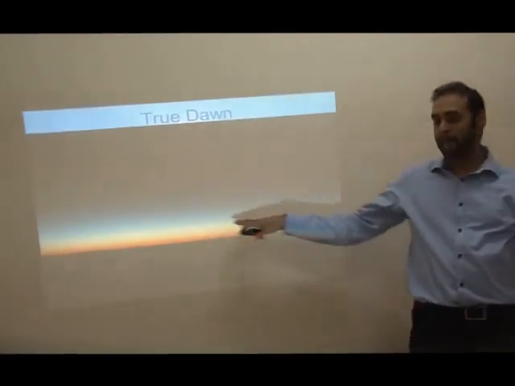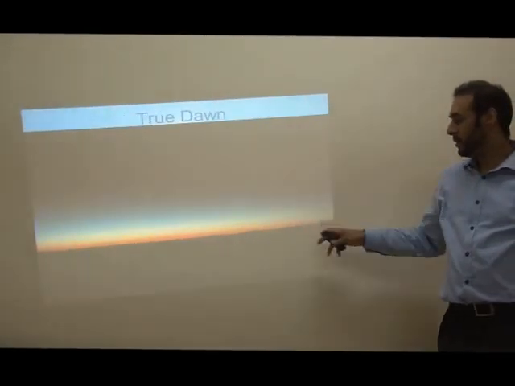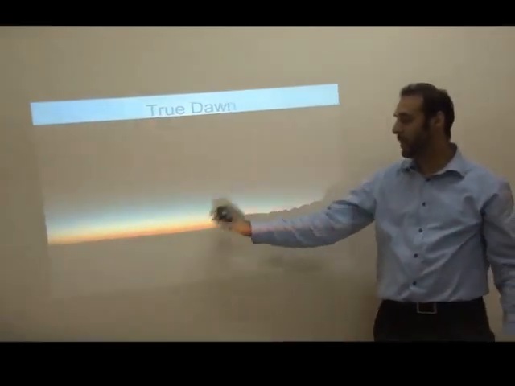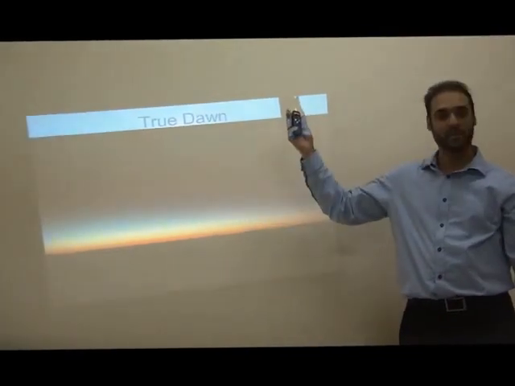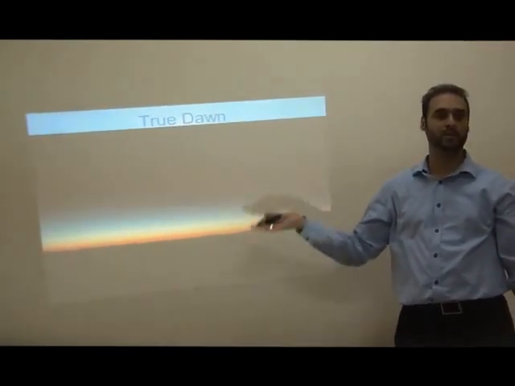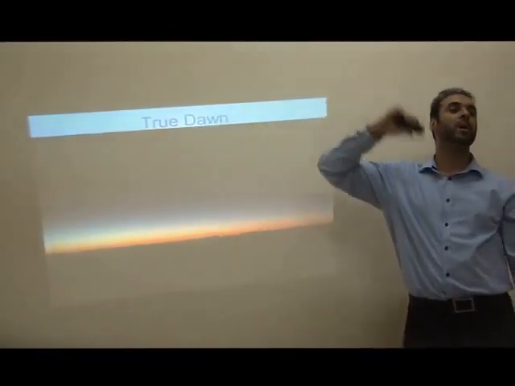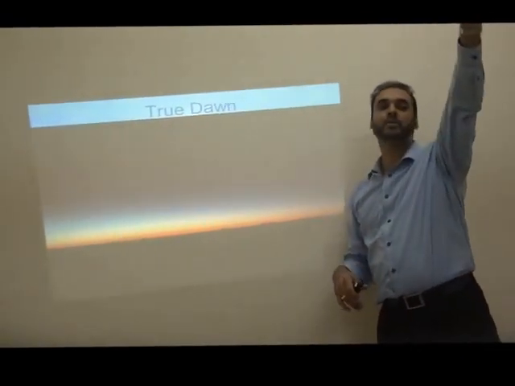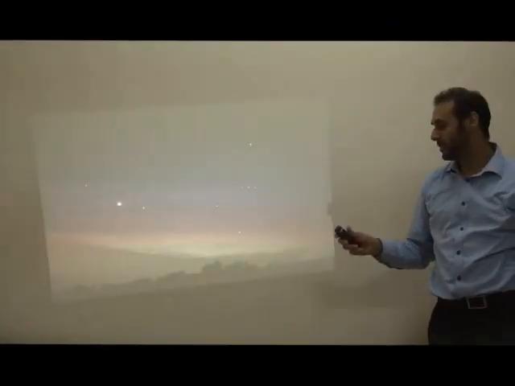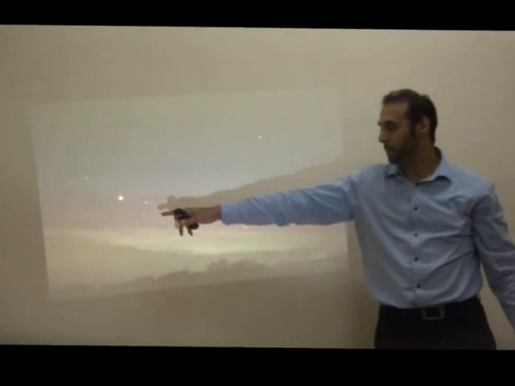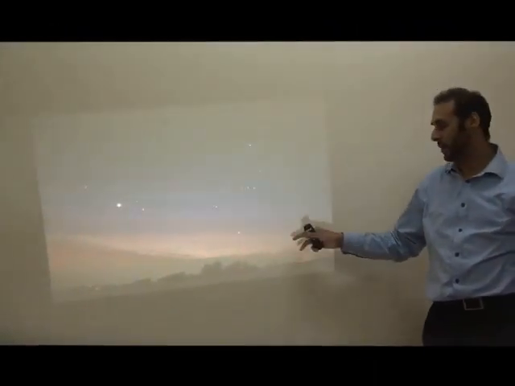Now this is dawn. This is what dawn looks like. If you're observing the time for Fajr, you'd see the white light that would appear and then spread across the sky. And obviously as dawn carries on, as the sun gets closer to the horizon, you'd see a red light as well. Most of the sky at this point is still dark, especially the other side of you. It's still going to be black because the first crack of dawn appears on the other side, towards the east. That's very early dawn. It's just happening.